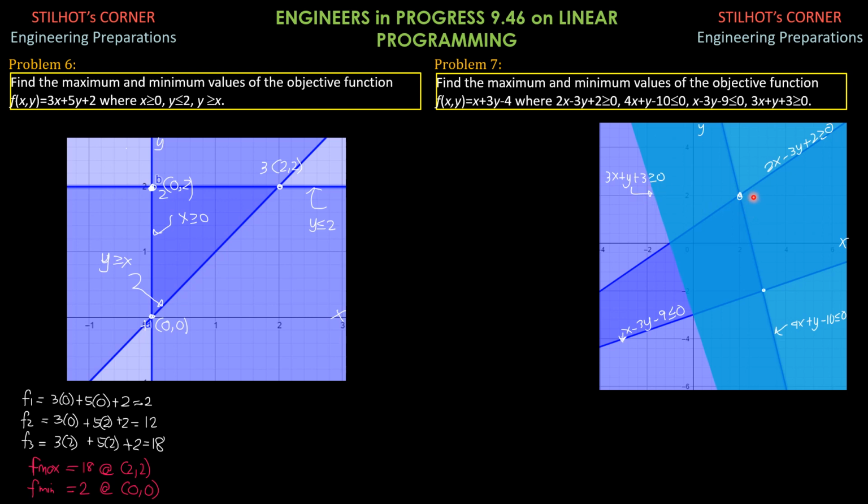Then we find the points of intersection between this line 2x minus 3y plus 2 equals 0 and this line 4x plus y minus 10 equals 0. So this is at 2, 2. This is at 3, comma, negative 2. This is at 0, comma, negative 3. And this is at